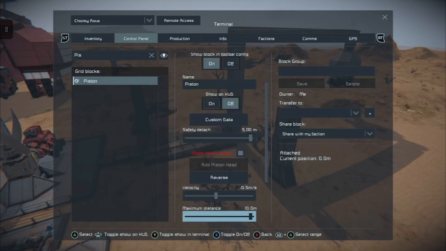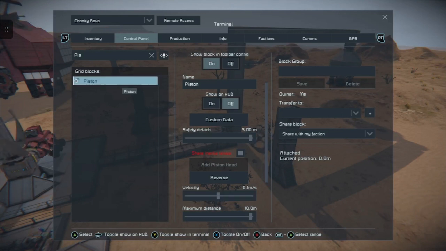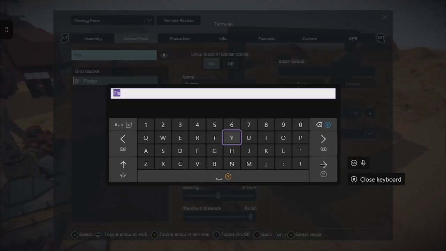We want the velocity on this piston to come down to about that.